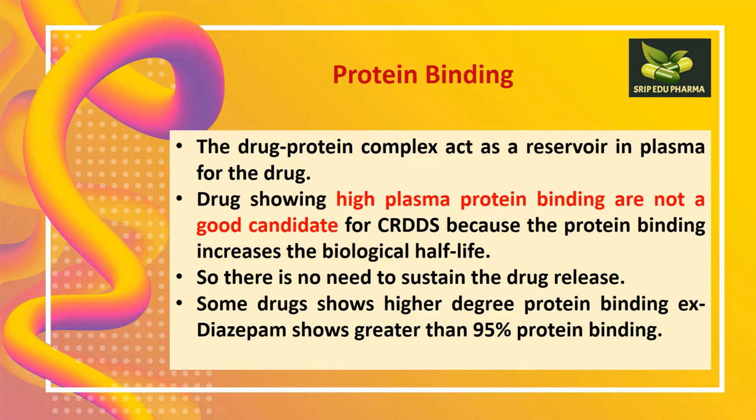We know that the binding of drugs occurs in our body by blood components as well as by extravascular tissues. In blood components also there are plasma proteins like albumins, glycoproteins, lipoproteins. Then in blood cells there are hemoglobin, carbonic anhydrase, cell membrane, etc. So here we have to take care that the drug should not have very high plasma protein binding. This is the parameter that we have to consider.